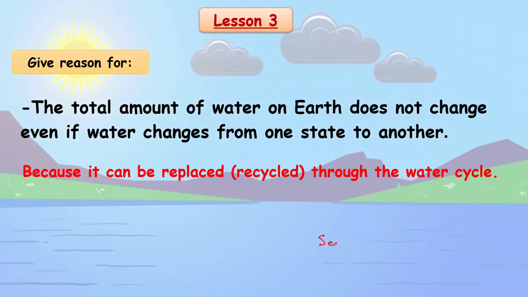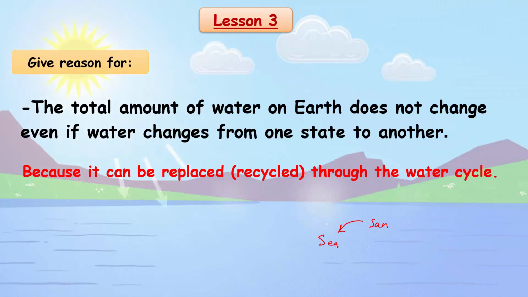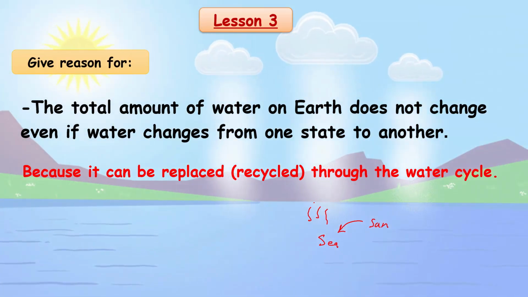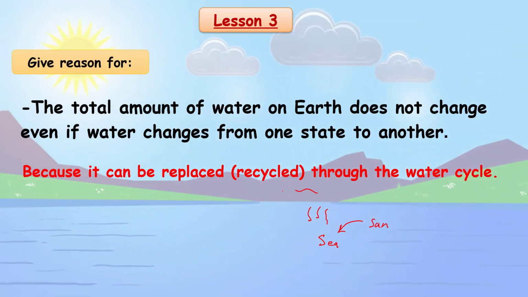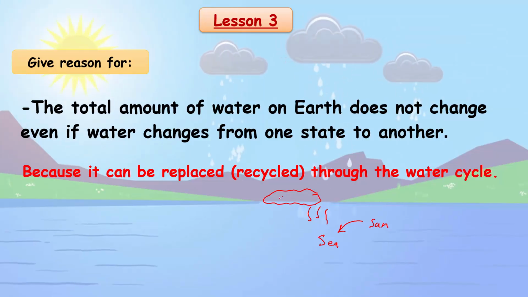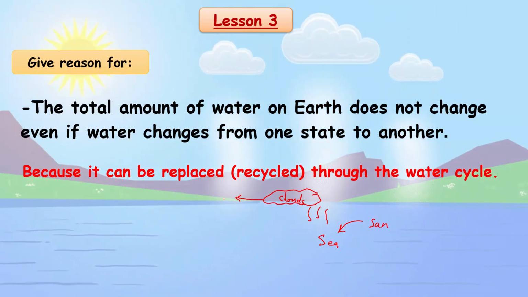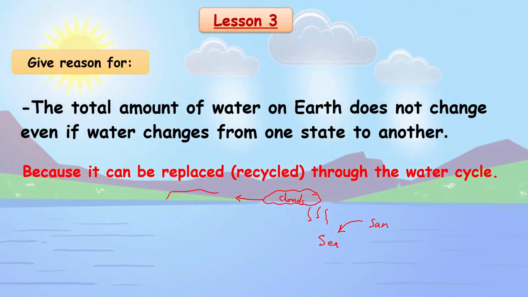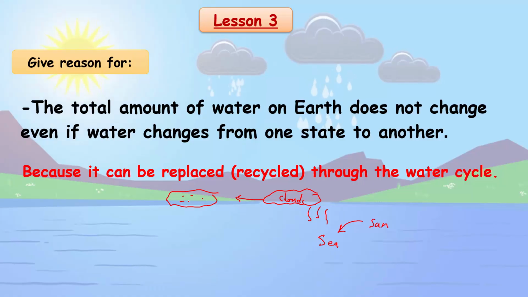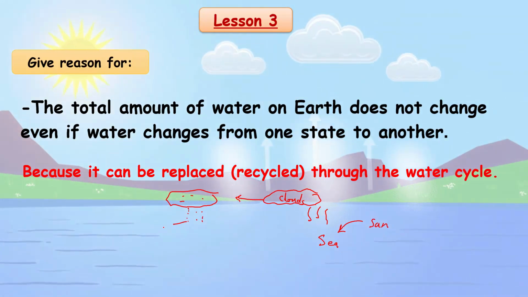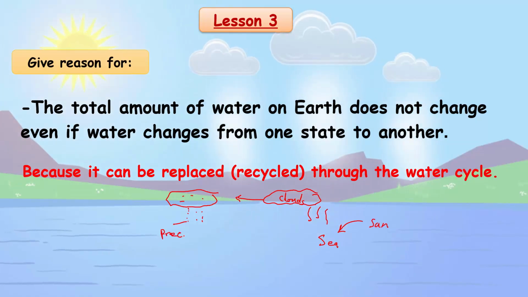It begins from the sea. When the sun rays fall on the sea, it evaporates this water into water vapor. This water vapor collects in clouds. These clouds move from one place to another, and condensation takes place and falls as precipitation as